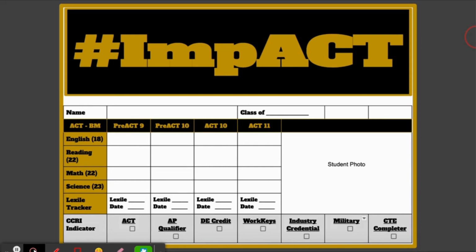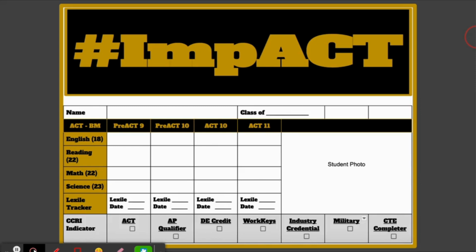And of course, at Oxford High School, this is a very important goal for us. We want all of our students to graduate ready for college or career. And you will hear us say this by describing the 3 E's: enrolled, enlisted, or employed. So we want all of our students to know when they graduate, the day after graduation, they know exactly what they're doing. They're either employed, they're enlisted, or they're enrolled in some type of post-secondary